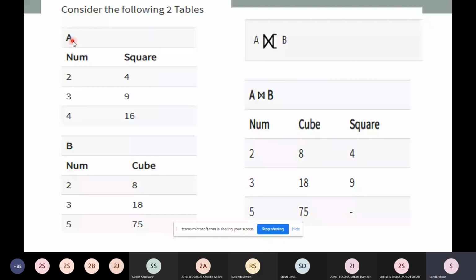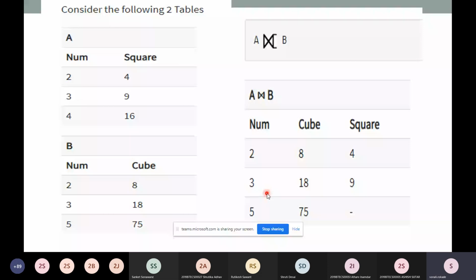So A and B all values are the same, but the output will be different because we are going to display the right attribute, the right table, first. So num and cube are the two attributes of our right table, and then square we have placed here. In our left outer join, it was num, square and then cube, because num and square are the parts of our first table in left outer join. So this will be the output. A null value is returned for 575. We are not having square here, so a null value is displayed. 416 is not part of this table, so it is discarded. It is not present in our output table.